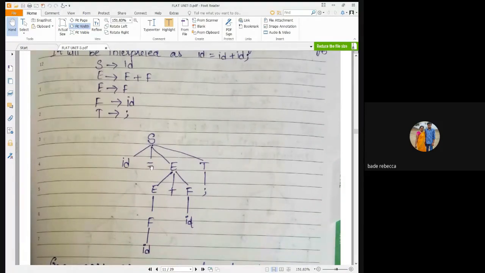S implies ID equal to ET. Second one, I'm replacing E with E plus F. E plus F is written in the production rules. Later, I'm replacing E with F, F with ID, and T with semicolon. Hence, I got the string ID equal to ID plus ID semicolon.